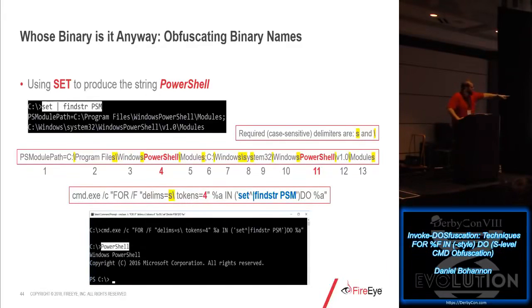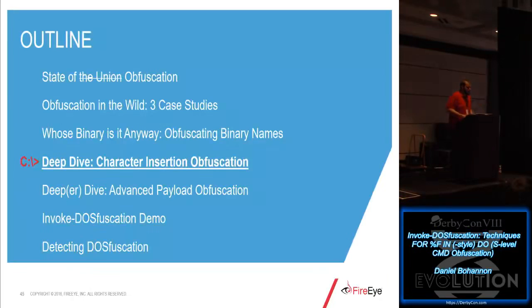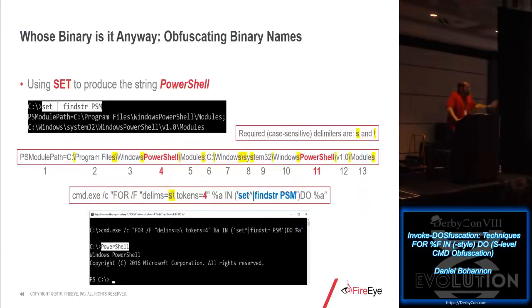As we can see, we run it down here, and it in memory produces the string PowerShell and then runs PowerShell. Now in this example, when this runs, we're not going to see PowerShell in the first execution, but since it's a binary, it's going to run in the second execution. But this concept can be extended to produce any internal commands that may not actually produce a child process. And an example of where this can be applicable,